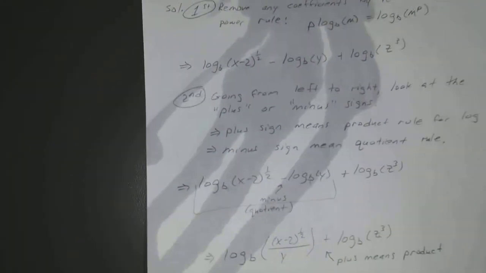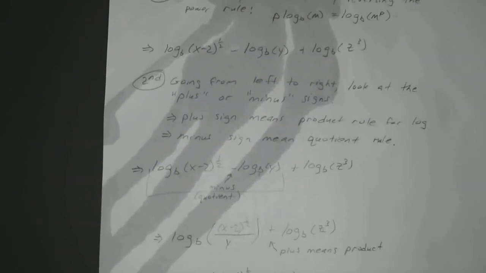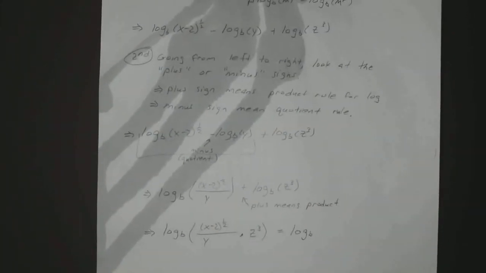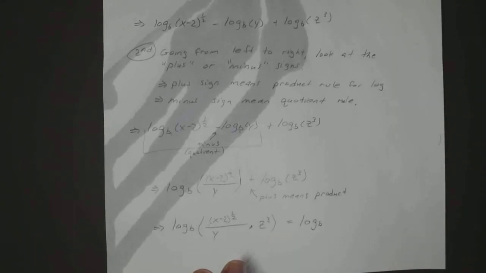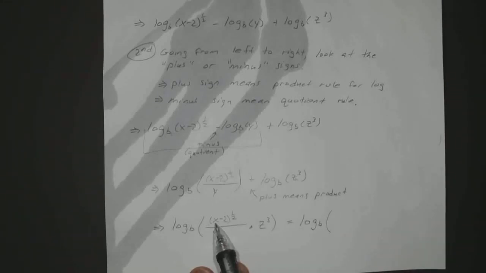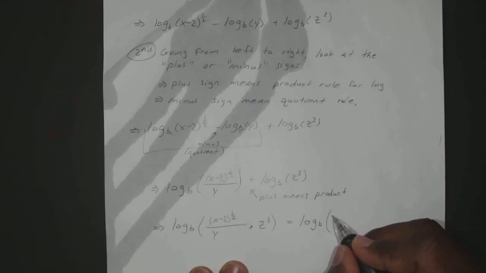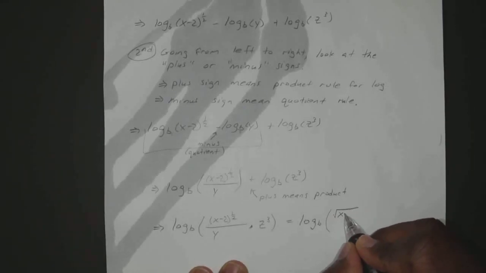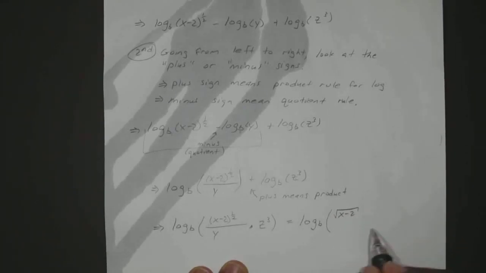I'll try to finish it up on this wet sheet without tearing it. Alright, so finishing this up, we have log base b of x minus 2 to the 1/2 power, that can just be the square root of x minus 2, times z to the third,